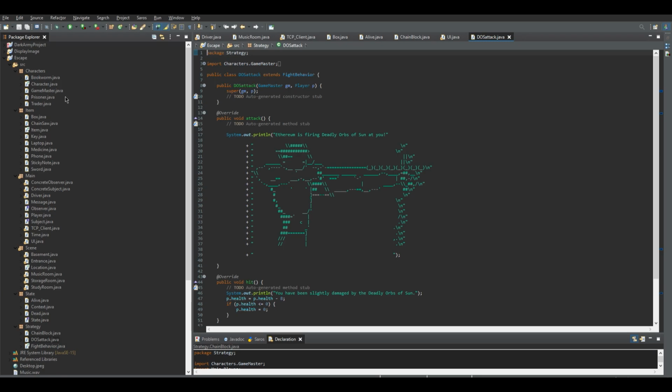And it's quite unfortunate that we couldn't see the end of the game, but the intention behind what we wanted it to look like would be, according to the storyline, the player defeats Ethereum and frees the old man, and after freeing the